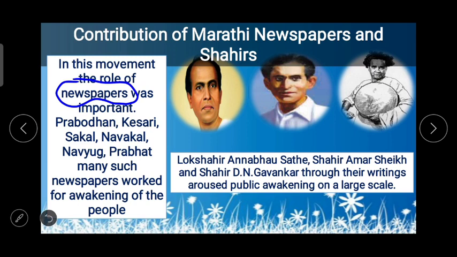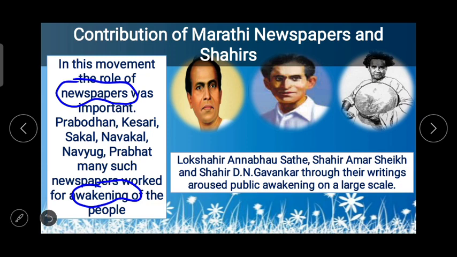We also learnt about the role of newspapers in the Indian freedom struggle. So, the same thing in the Samyukta Maharashtra movement, the role of newspapers was important. Prabodhan, Kesari, Sakal, Navakal, Navyug, Prabhat and many such newspapers worked for awakening of the people. This word is very important. It is very important to awaken the people for any agitation or movement, and to make them understand and feel the importance of that particular movement, and newspapers always play a very important